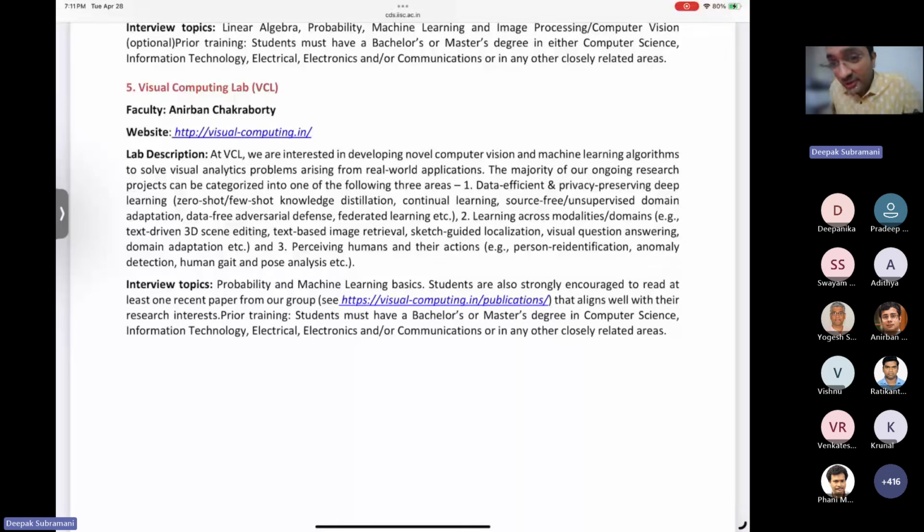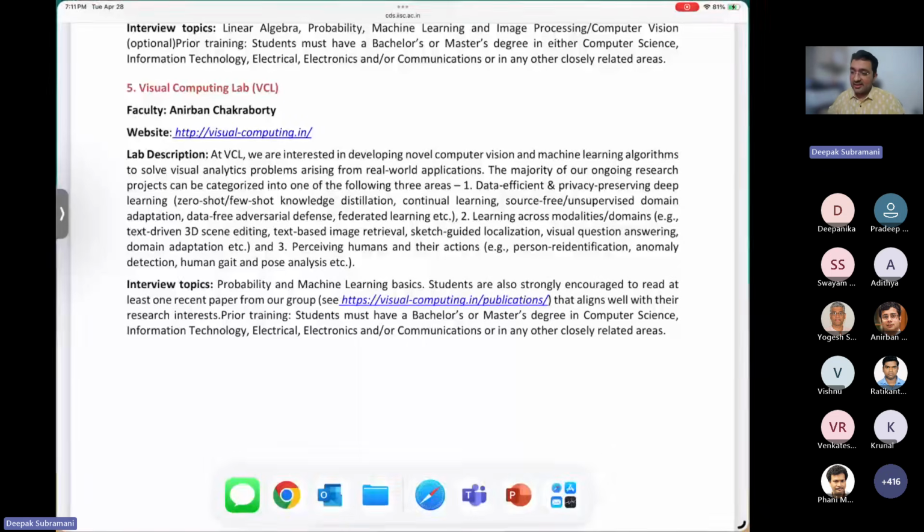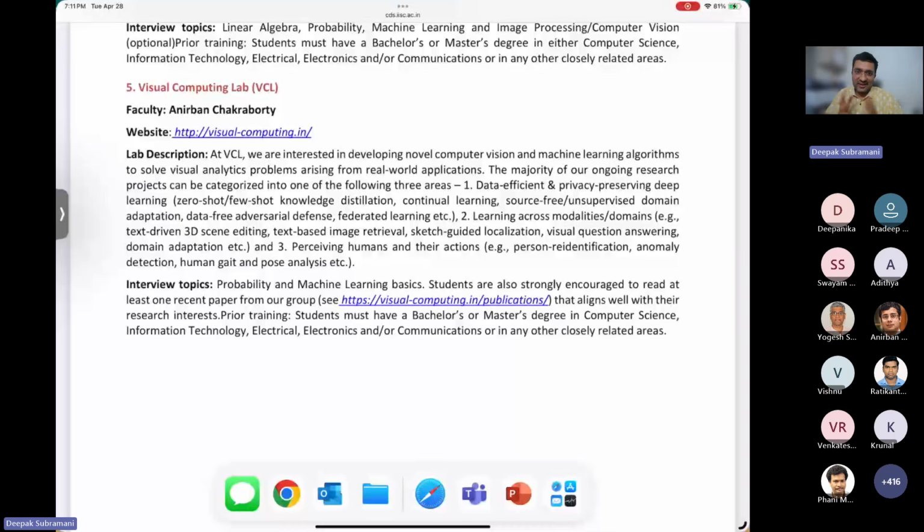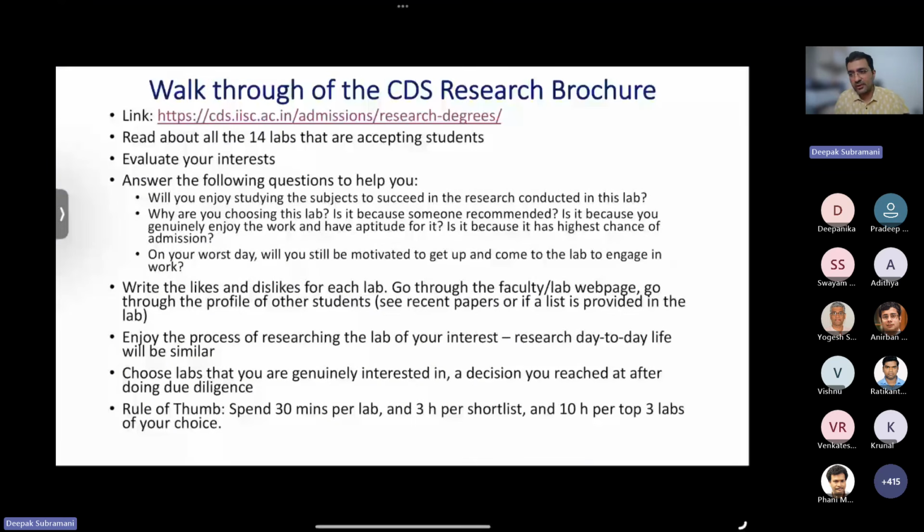So I know it is a lot to unpack, right? Like 14 labs in 40 minutes. So we do understand your pain, right? As maybe 23, 24-year-olds, coming and looking at this amazing lineup of cutting edge research spanning from high performance computing all the way to AI, NLP, it's hard for you to grasp everything.